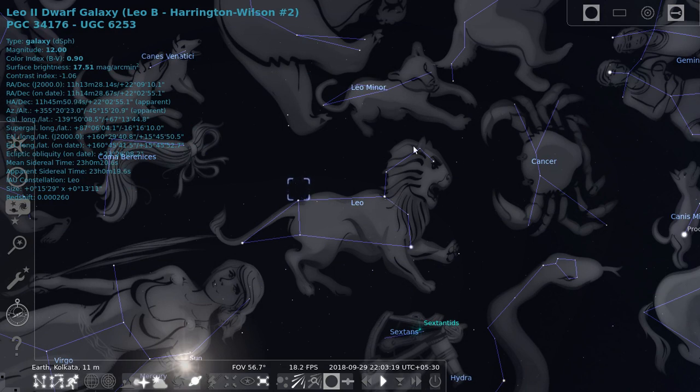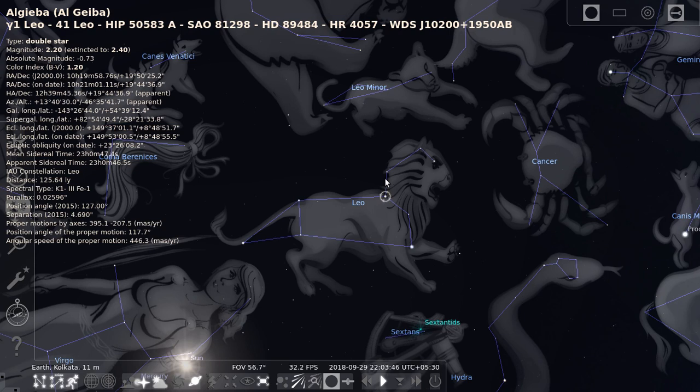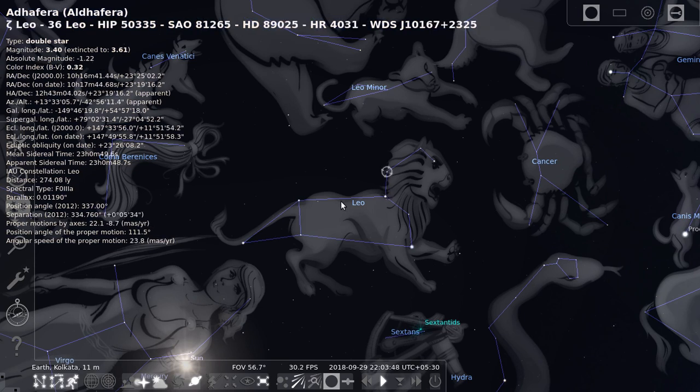Now observe carefully the Leo constellation. Here you can click on each of the stars and find the name of the star appears. Now I am clicking on this. See, here you can see the details: the type is star, the name, and the other details are given here. Next, I am clicking on next. Likewise, you can see the names.